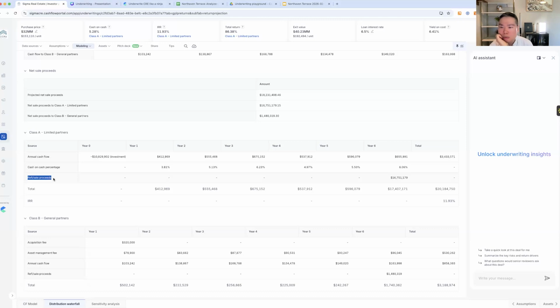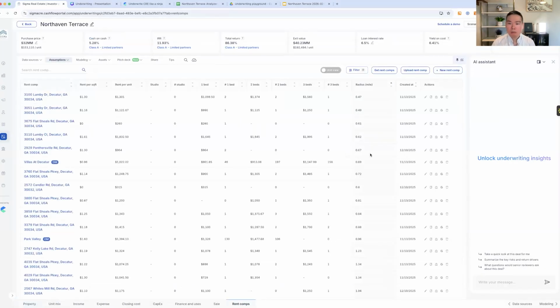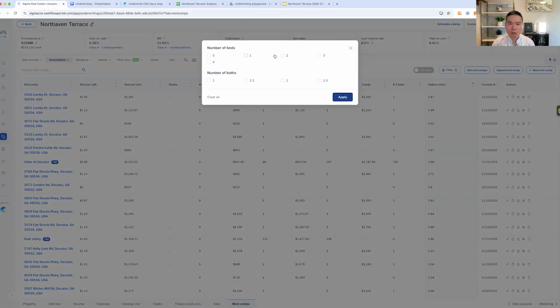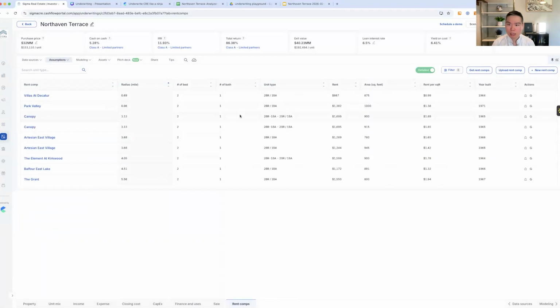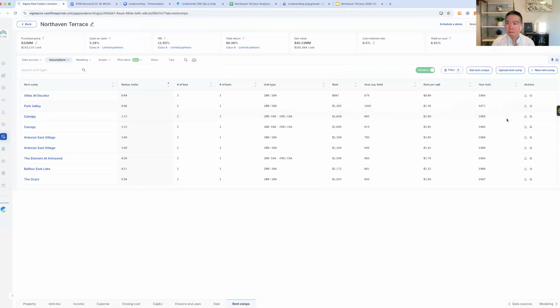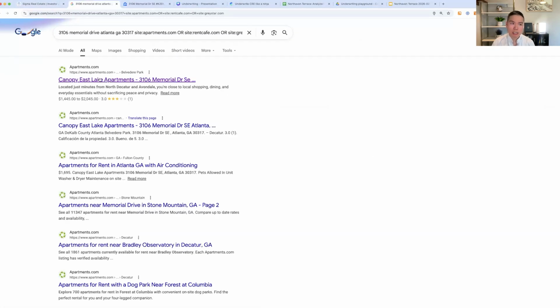Can the system show the sources where the information is pulled from to verify accuracy, such as rent comps and sales comps and so on? Yeah, great question. On the rent comps, we use apartments.com. If you click on filter and then choose 2 units, 1.5 bedroom, it filters down, and you might say, hey, I don't believe this Canopy is renting for that much. All you have to do is check Zillow to see if it's renting for that much. So again, we don't tell you whether this is 100% correct, but you do have to check it,